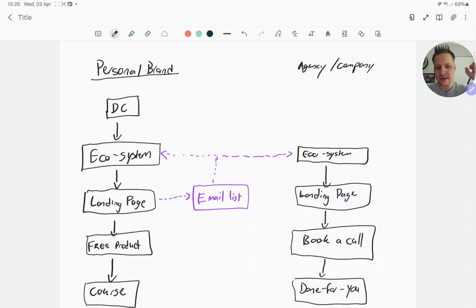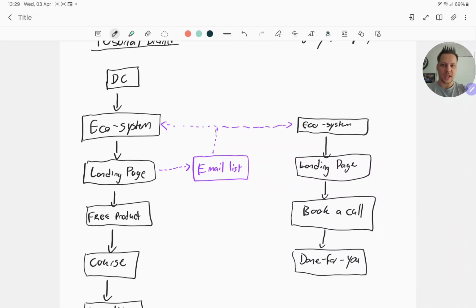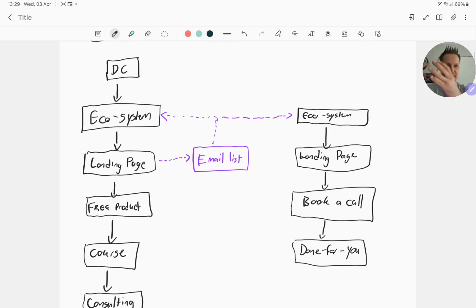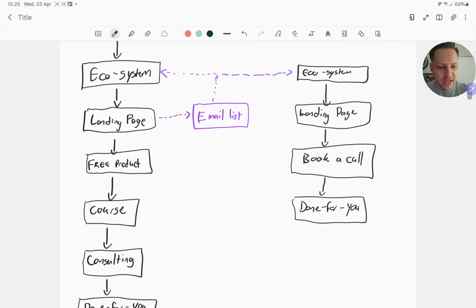So they'll pay you a monthly fee, they'll book a call, you'll set them up with a package, and you'll do the done for you service where, hey, this is how many leads we can do for you, and so on and so forth. Okay, and then when they come to that landing page, if you're selling real estate, don't say, hey, we help digital marketers get more leads, or generate more income by giving them leads. You're going to say, hey, look, we help real estate salesmen save money by using our services without wasting money on fancy software, for example, through our lead generation service, whatever, right? And that's what you'll do.